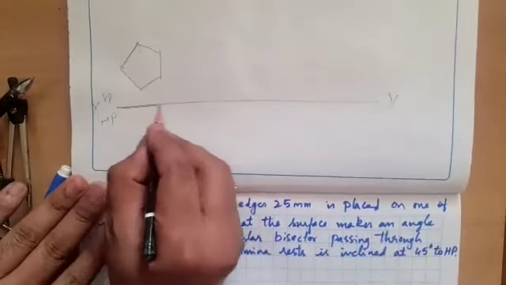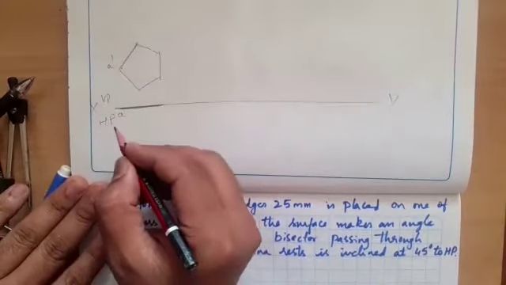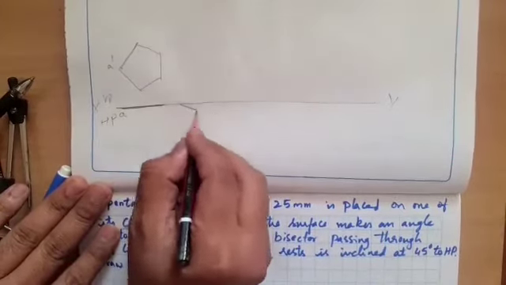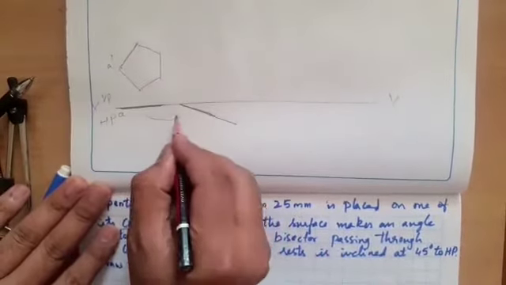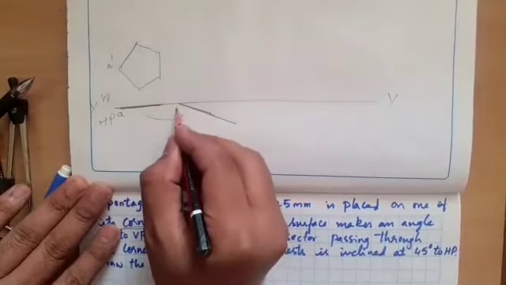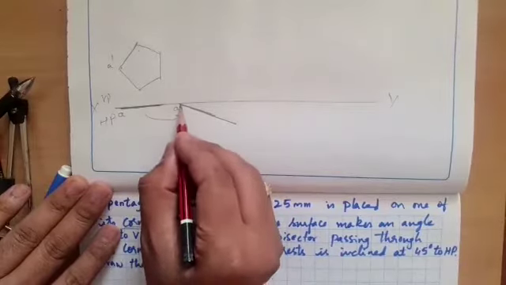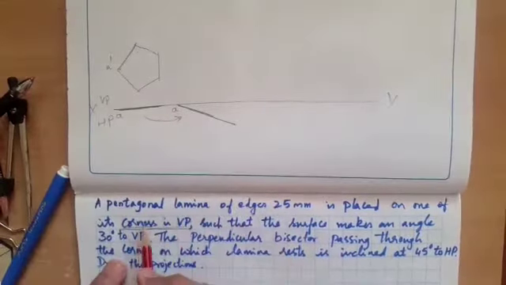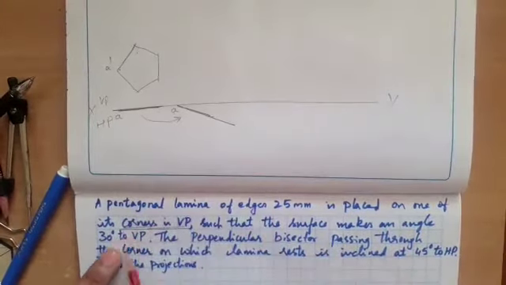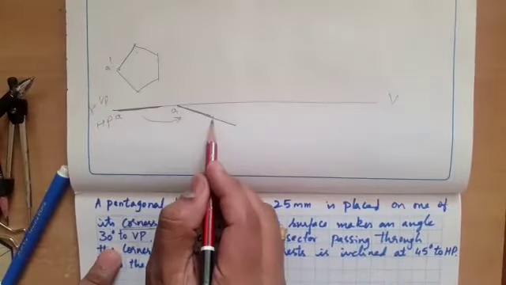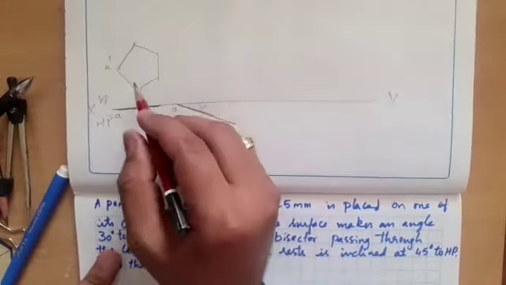When I see this from top, I'll get the top view here with a corner. If this is A dash, this will be A. This is the front view, and this top view is inclined at an angle of 30 degree. I'll draw a line at 30 degree and shift this top view to the new position such that the corner will be touching this vertical plane. Till here, 2 steps will be over. Corner is in VP, and surface makes an angle of 30 degree to VP. This angle is 30 degree. Remaining namings I have not done.